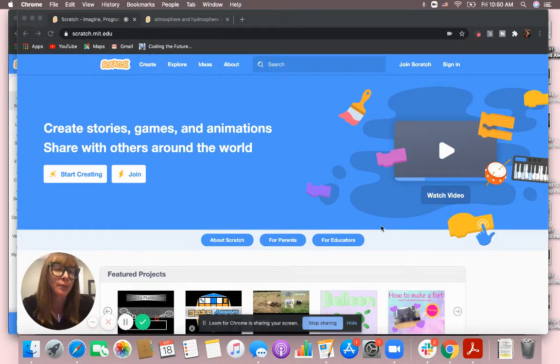Scratch is a really great platform where we can learn the basics of how to code and the concepts that make coding work very easy. So we're going to go to